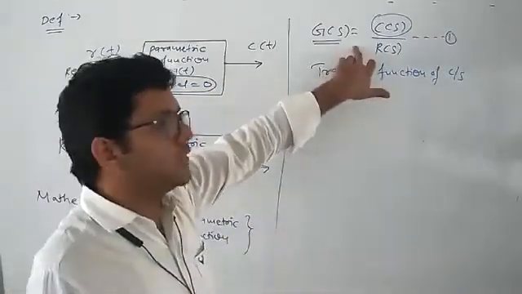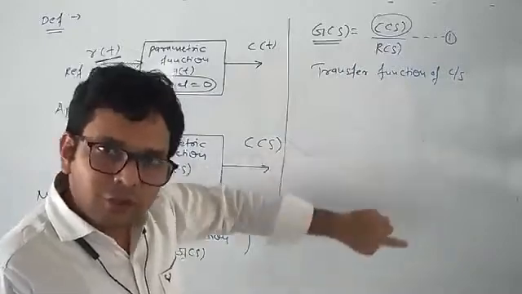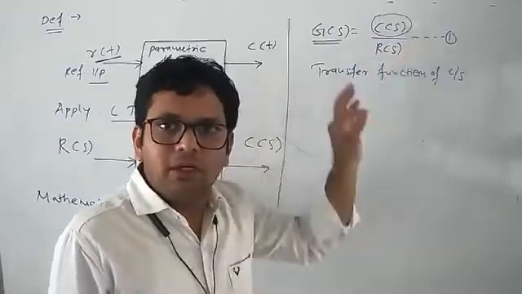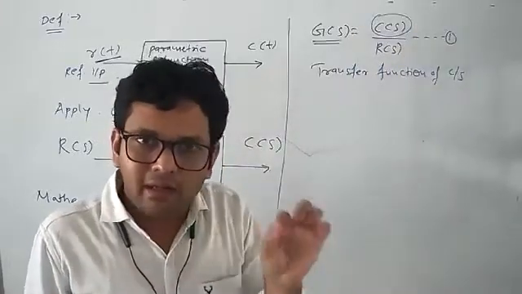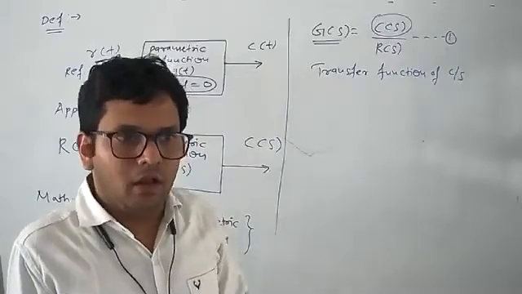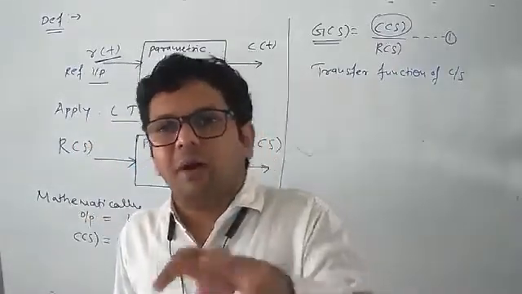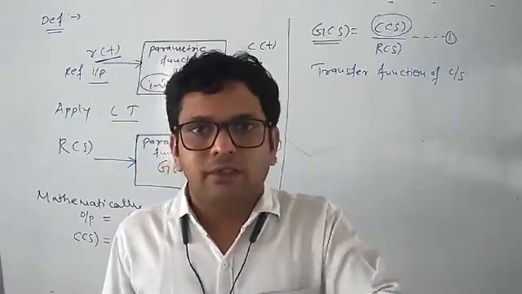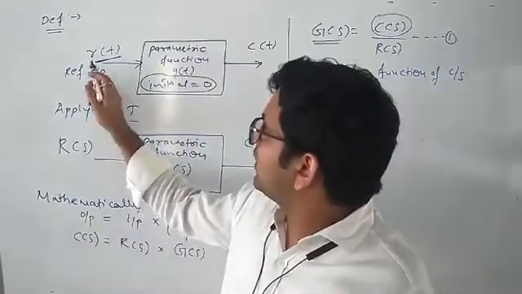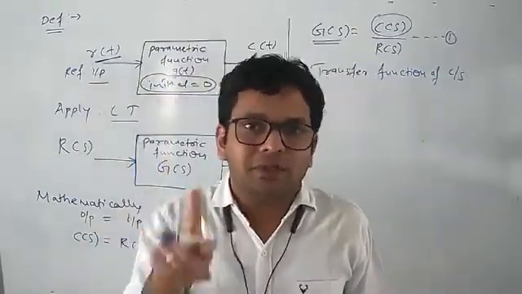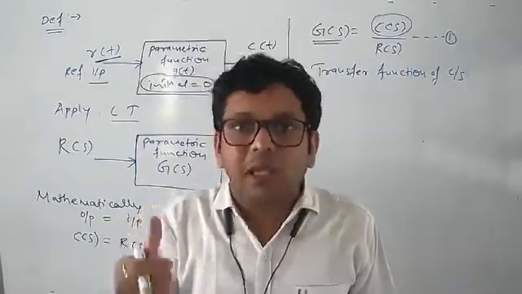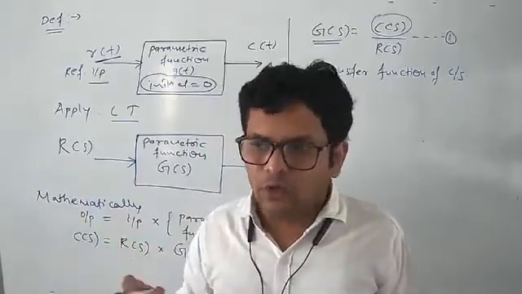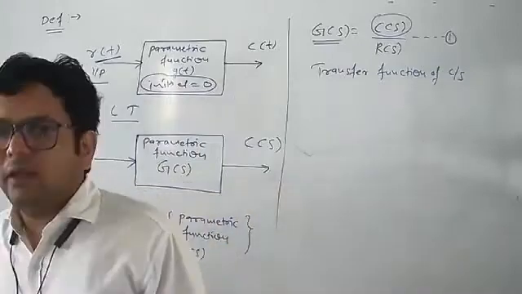So what will be the definition for transfer function? Transfer function is defined as the ratio of Laplace transform of output to the Laplace transform of input by assuming all initial conditions to be 0. That is the exact definition of transfer function. Sometimes transfer function is also defined as a parametric function of a given control system whose value depends only on system parameters. It does not depend on the type of input applied as excitation to that system. But remember one thing, that while defining that parametric function, we need to assume all initial conditions of that system to be 0.